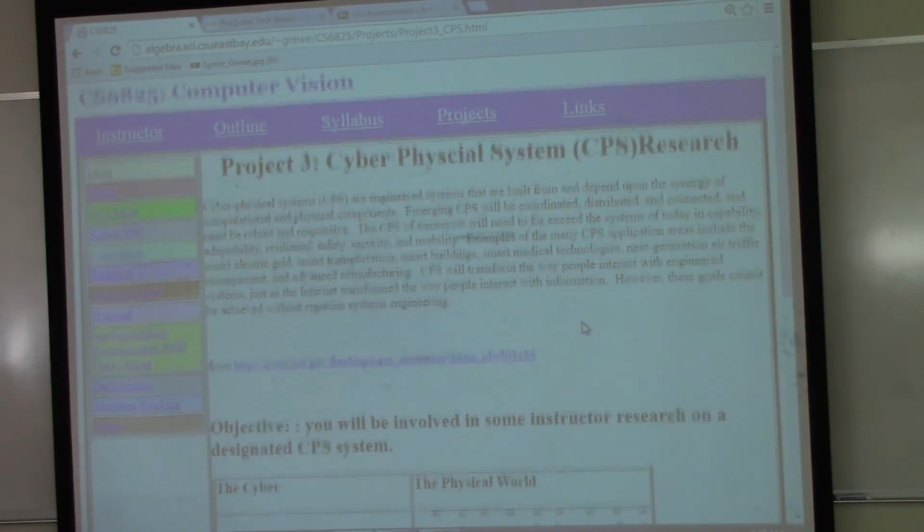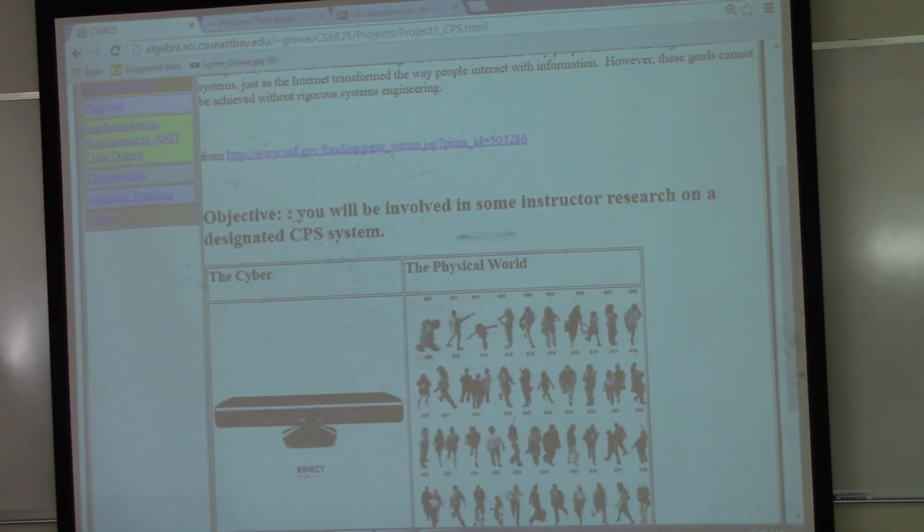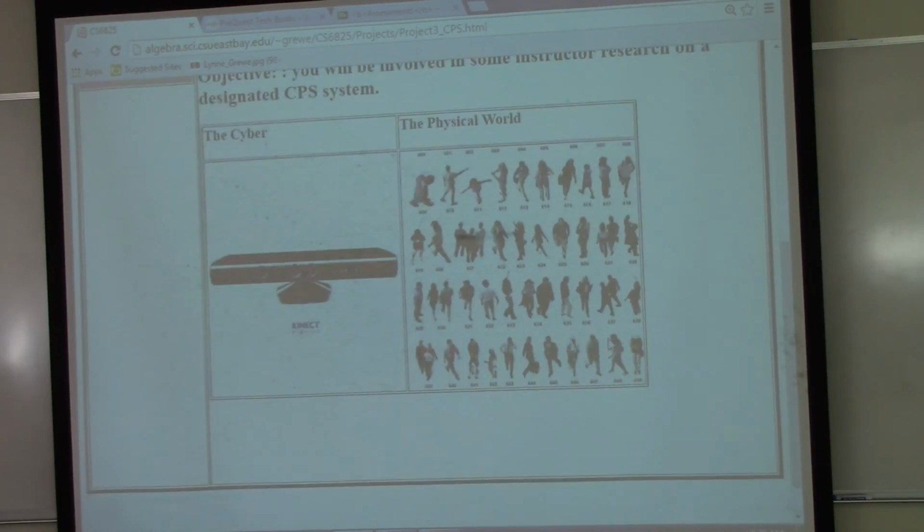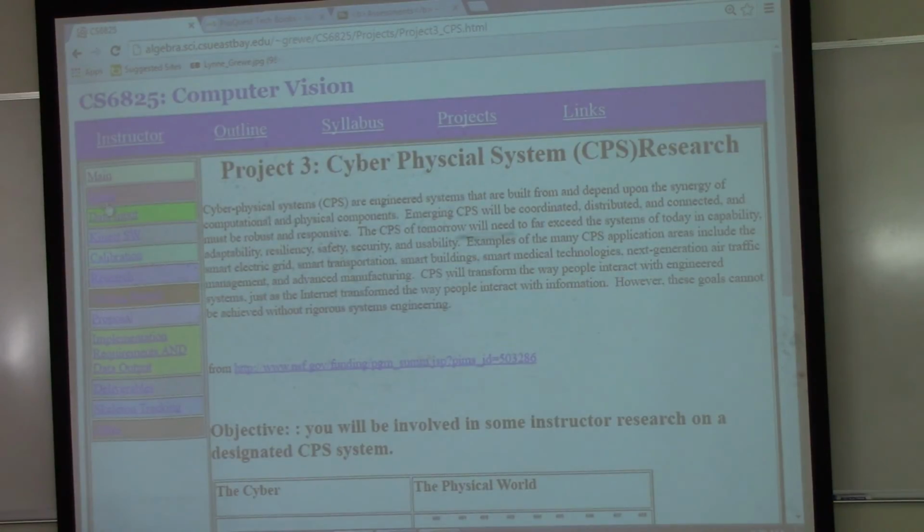Cyber physical systems. So this is different. It's not for just low vision people. It doesn't move with you like a phone does. You could find an application for low vision or blind people, but I'm looking more at in-home use.